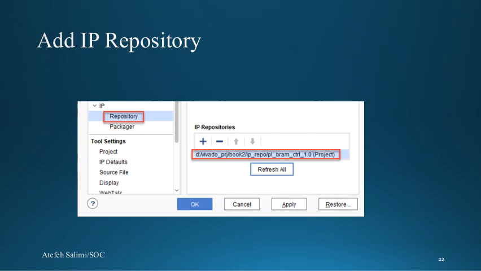If you like to use your IP in your design, the last step that you should follow is to go to the settings and then go to the IP repository and add the address of the IP that you already designed to your project. For example, here the address of the IP that we already designed is in the Vivado project book 2